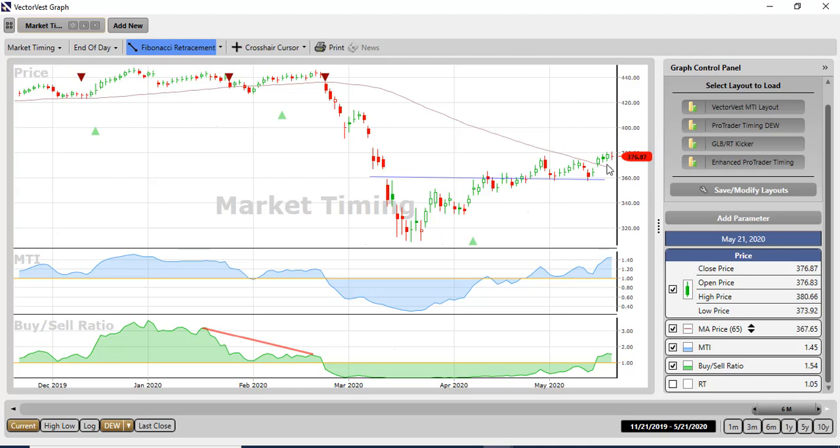We're above the 65-day moving average. As you can see, this support became resistance. We've probably got a little way to go here, and I think my level on the S&P was about 3130. It's making heavy weather this afternoon,